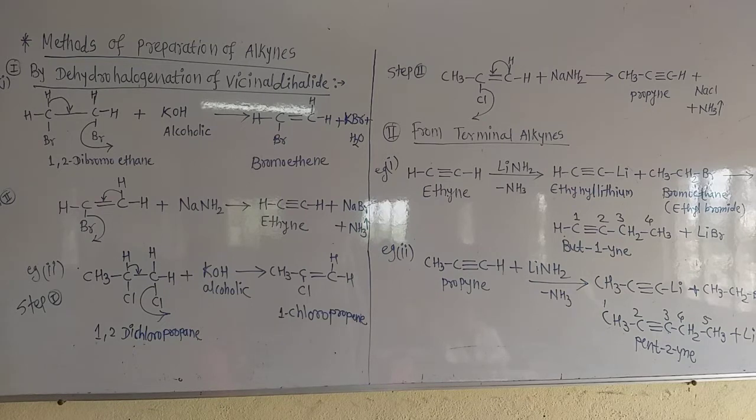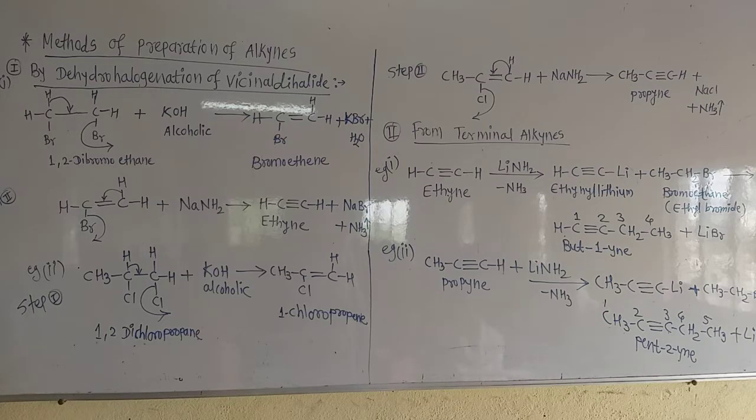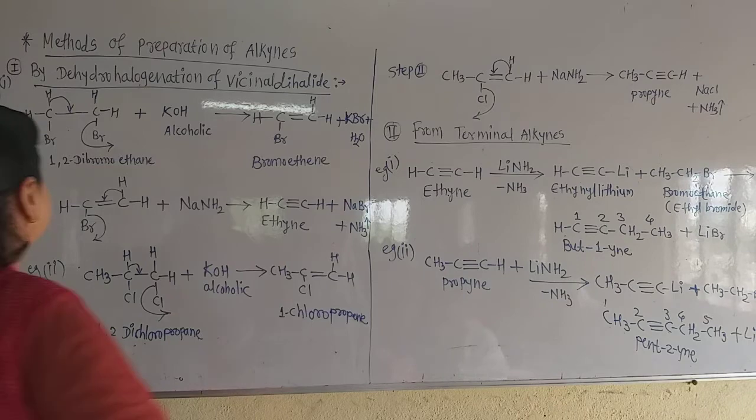If two hydrogen atoms of the alkane are replaced by two halogen atoms, dihalides are formed. But there are two types of dihalides, vicinal dihalide and geminal dihalide. What is a geminal dihalide? Both of the halogen atoms are present on the same carbon atom. And what is a vicinal dihalide? If the two halogen atoms are present on neighboring carbon atoms, as shown in this reaction. See, this is the vicinal dihalide.